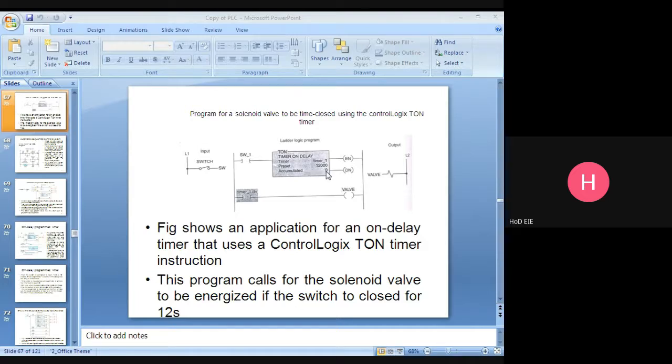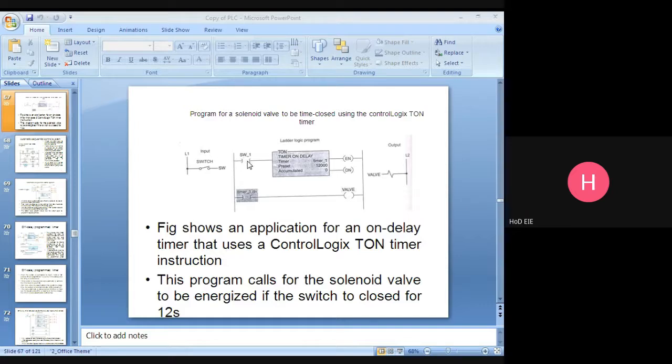Once the accumulated value reaches the preset value, done bit will be energized. So here you can see the address, timer 1 done bit address is there. Once the done bit is energized, this contact will be closed and the wall will be energized. Here the wall will be energized after 12 second only.